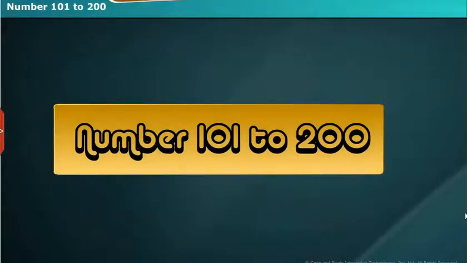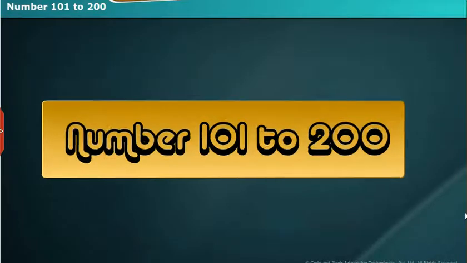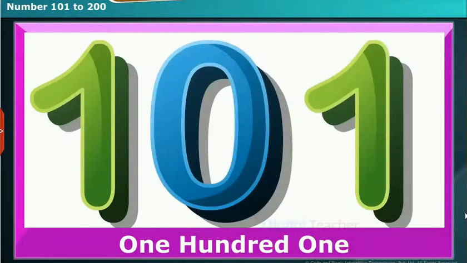Numbers 101 to 200. Hello children. In the previous sections we have learned numbers from 1 to 100. Now we will learn numbers from 101 to 200. 101,